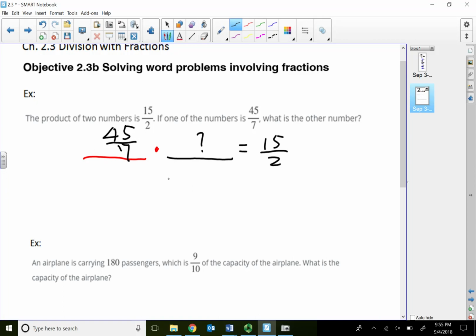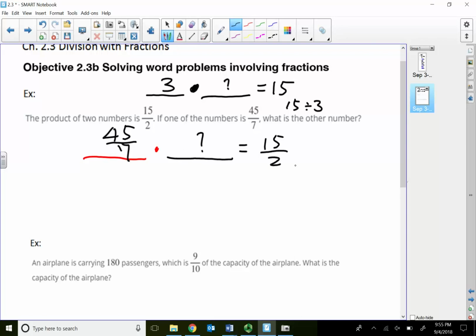Okay, let me just write it like this. Let me not use a fraction, let me use a whole number. If something times something is equal to 15, and one number is 3, the other one has got to be 5. Most of us kind of know that. But algebraically, to find this number, we know we have to do the opposite operation, which is dividing. So when we divide, we take the 15, which is the product, divided by